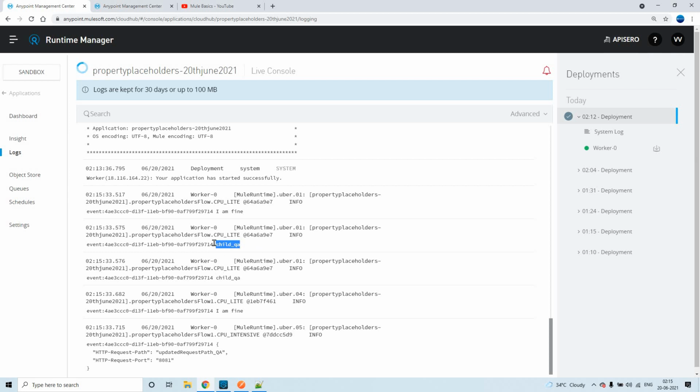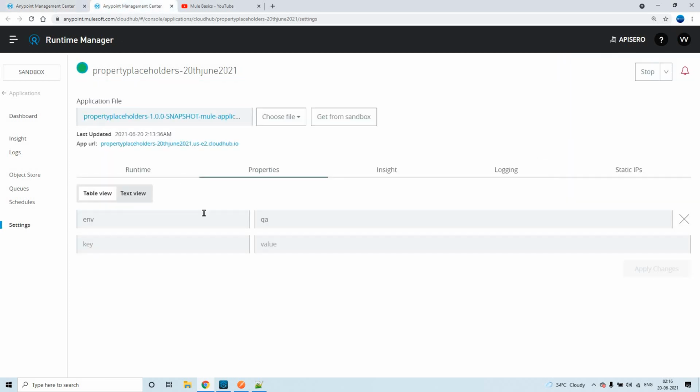This we are calling through the P function, and this we are calling through dollar. And you see, this is the payload after the HTTP listener in the second flow. You see here, updated request path underscore QA. This is what we have set here. Let me refresh this.